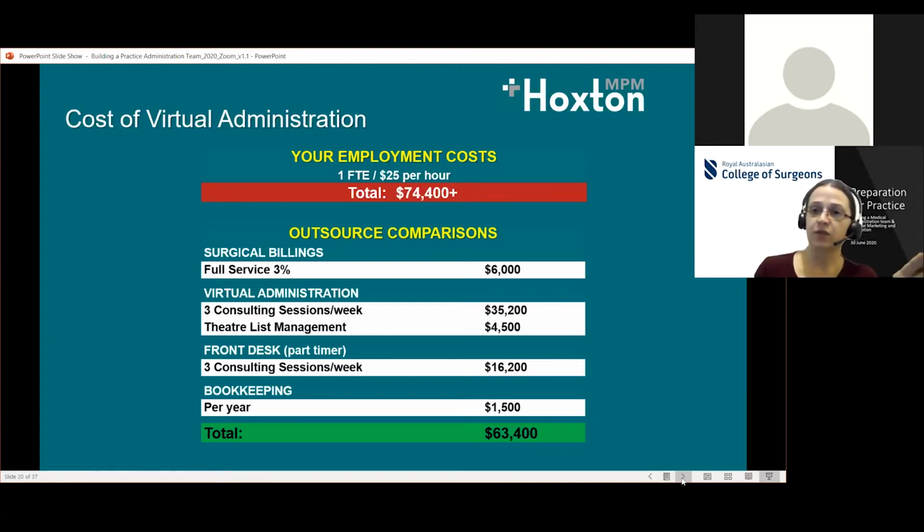So if you outsourced all these pieces of what your secretary might do, that's looking at around 63 grand a year. So we can see there's a definite potential for savings for you with outsourcing either all of your administration, except for having someone at the front desk when you're there, or parts of it. You might just reduce the time that you're employing someone rather than a full-time equivalent and get parts of that done by somebody else. Again, there's no one perfect answer for everybody. There's going to be a slightly different solution that fits best for each of you.